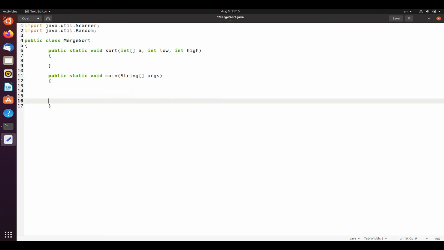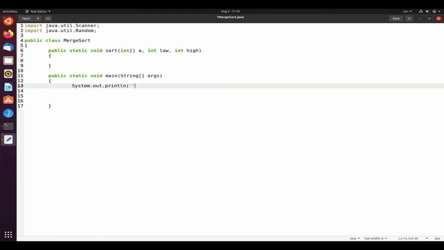First we'll write the main method definition. So we'll use System.out.println to just give a message that it's a merge sort program. Println merge sort. Then followed with